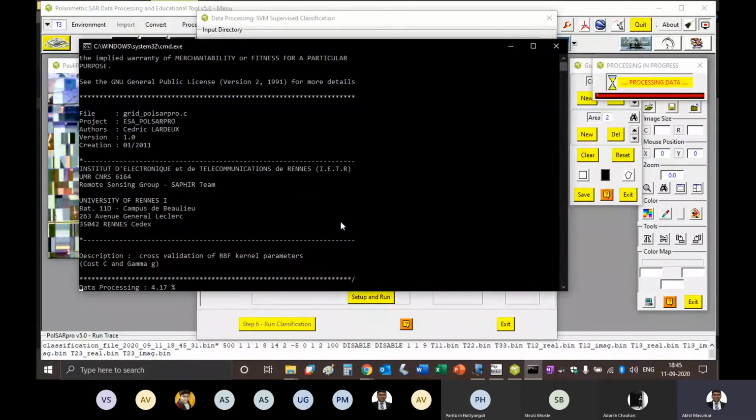So this black screen will come up and the optimization has started.